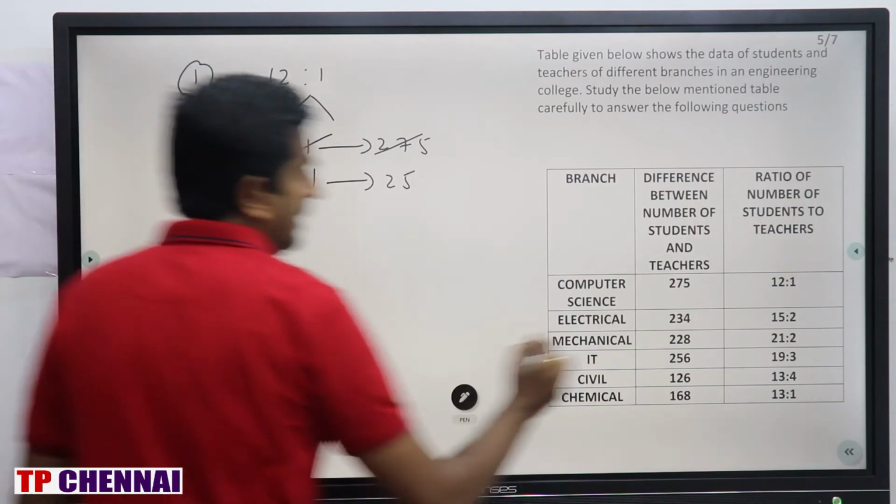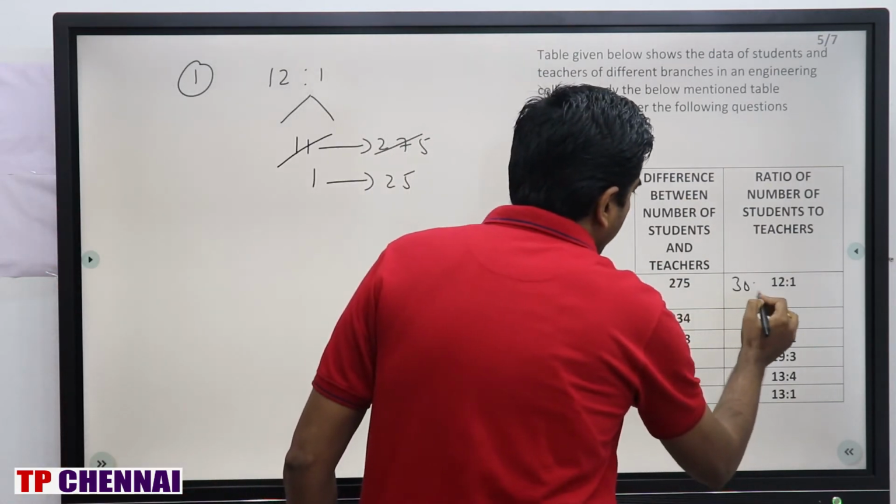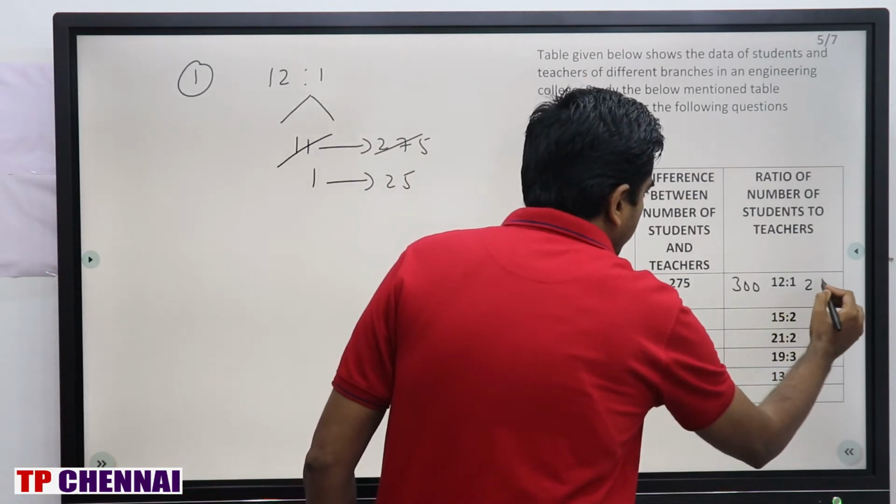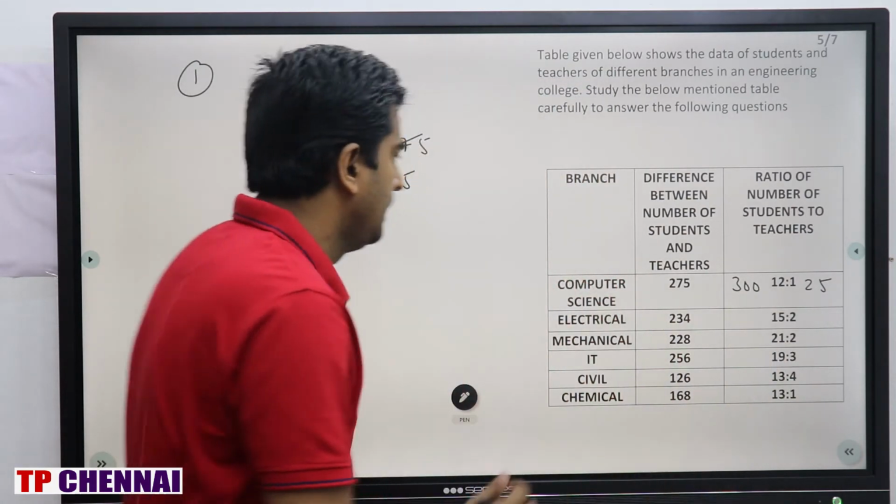So this is 300. And this is 25, right? I am writing the original value. Second one,